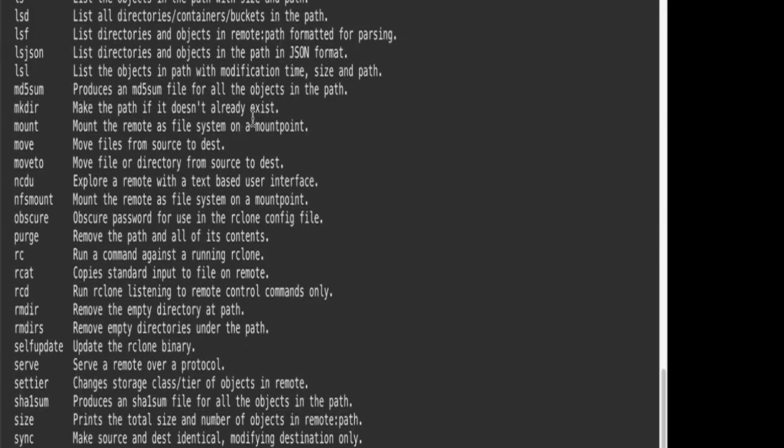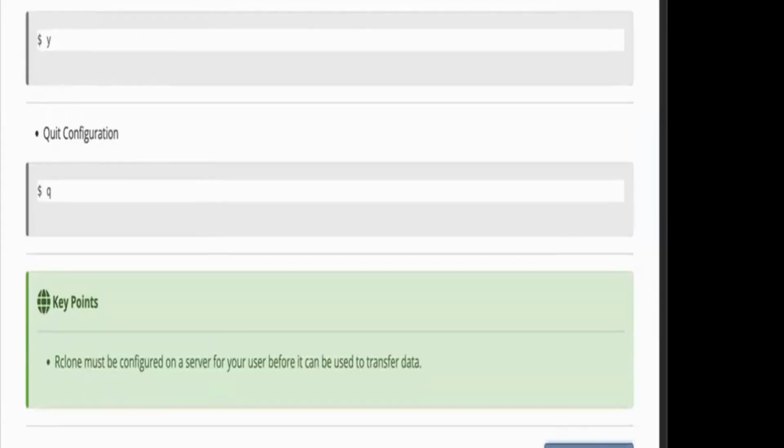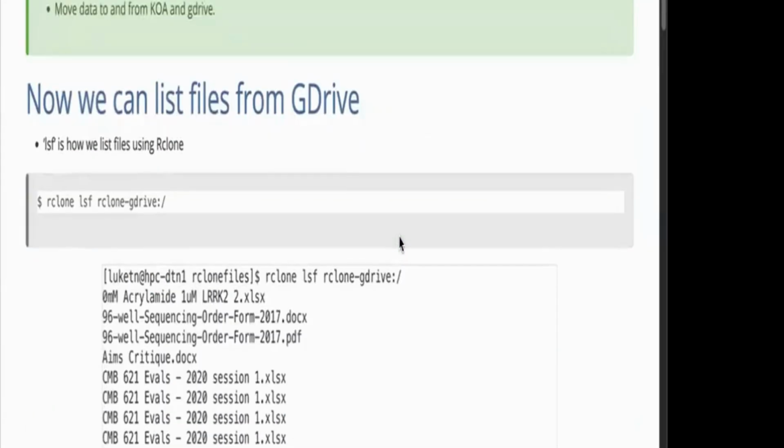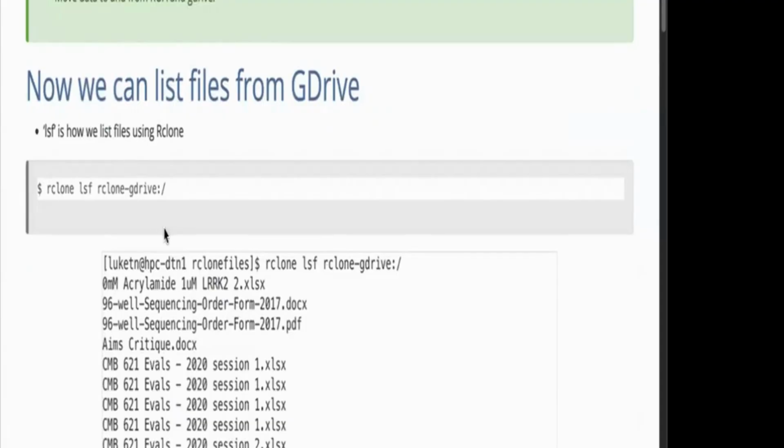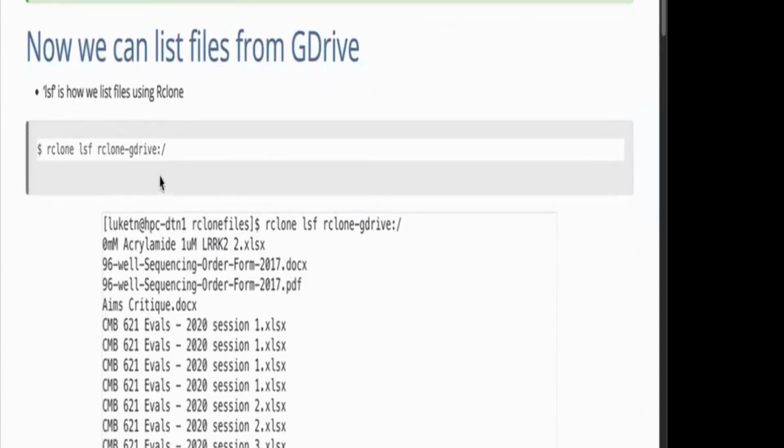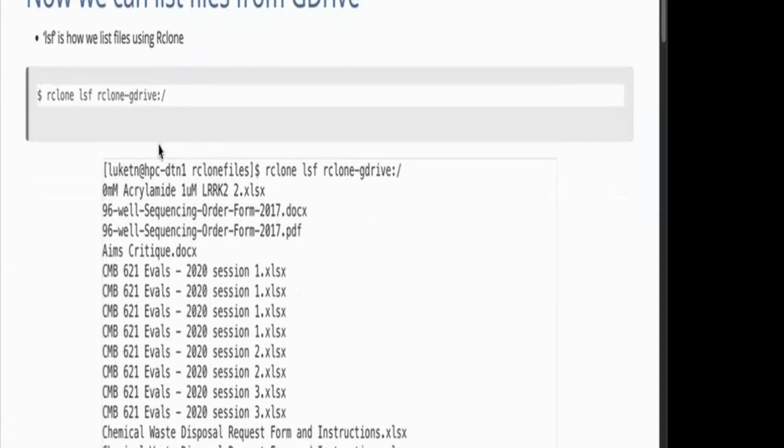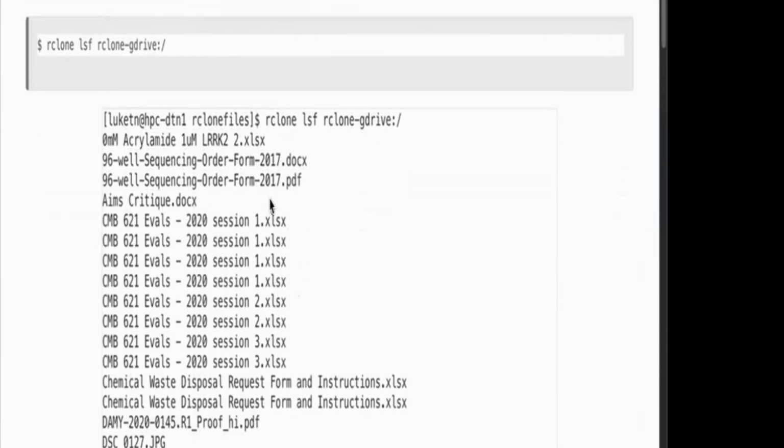So let's see. Here, if you followed along, you can do an rclone lsf and then see what's in rclone G drive. So you can actually see the files that are in your G drive if you followed along all of these steps. I called mine something different, and that's the wrong